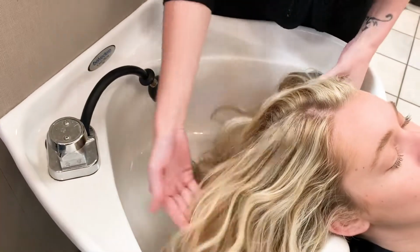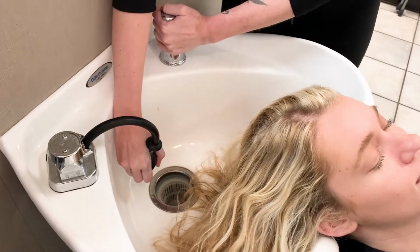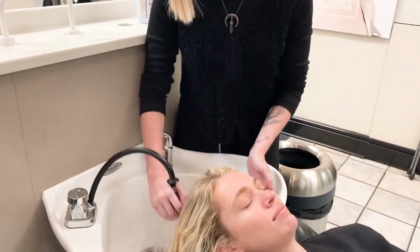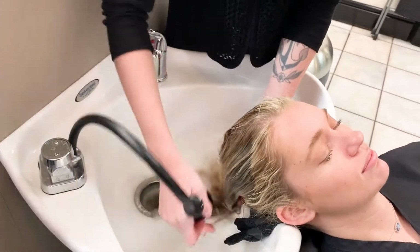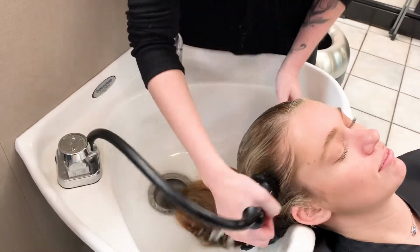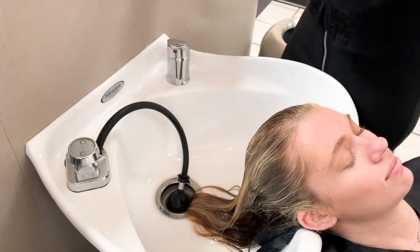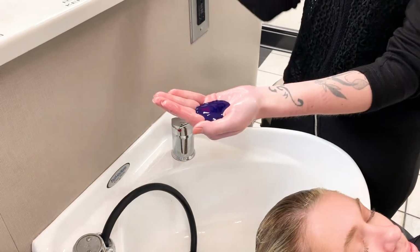Alright, so as you can see here, we've got a nice beautiful blonde balayage, but we could definitely tone out some of the brassiness that's living in the ends. So I'm going to go ahead and demonstrate about the lather that you're looking for at home. You want to make sure that it's nice and wet so that the product can distribute nice and evenly. And then taking that amount that I showed you,